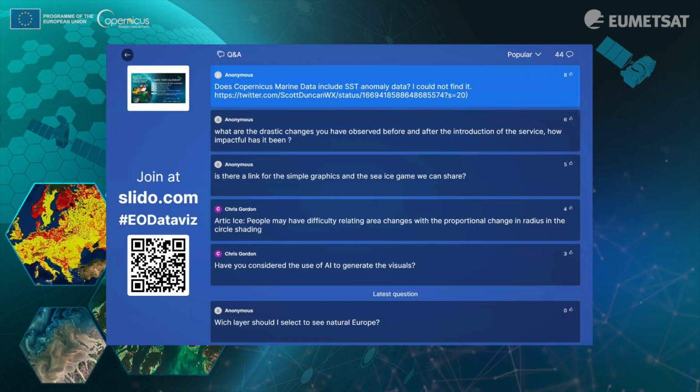Yes, more or less. I don't have an idea exactly, but I know for sure that there is something related to the Mediterranean Sea that is included in the Copernicus Marine Data Catalog. I'm not sure about the data for the global level. I don't know that, but I'm sure that in the past there was data.